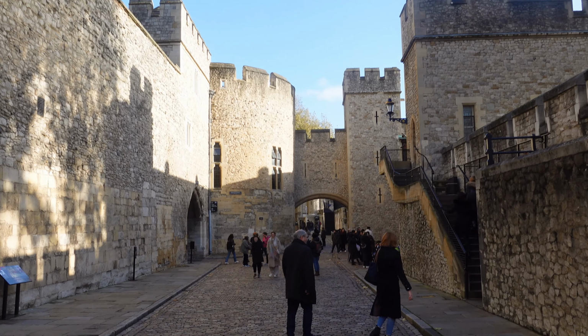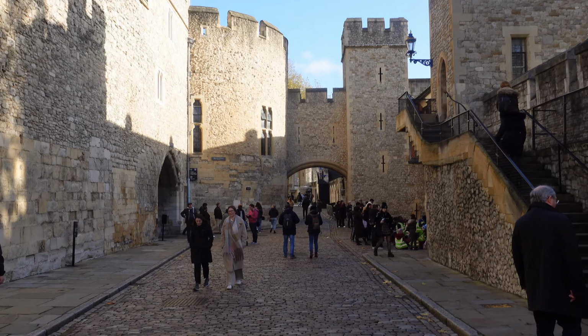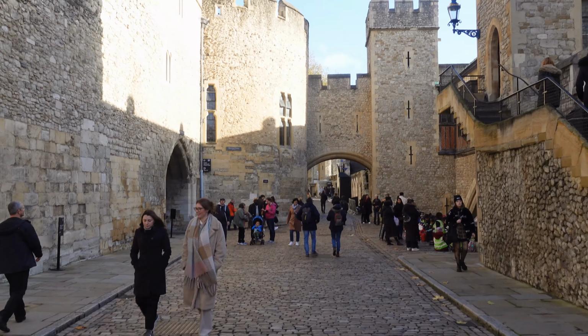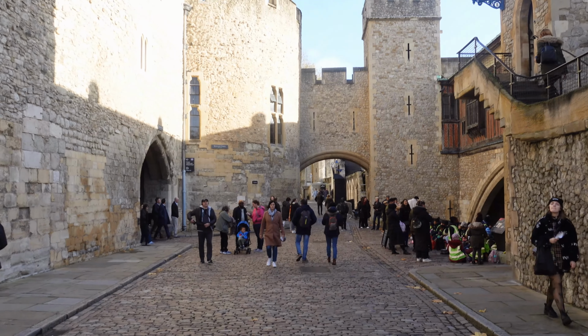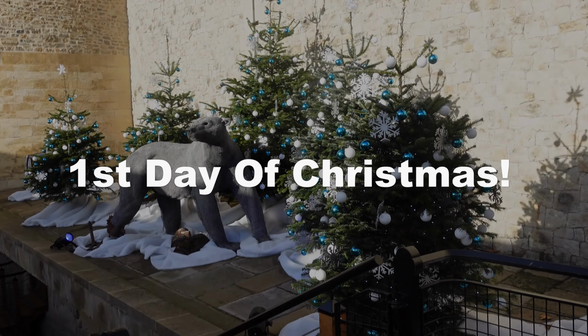And also the great thing is, whilst you're in here you can walk around the Tower of London, you can walk around the battlement at the top, and also just walk through the cobbled streets and think as they were back in the 1500s. And finally, the 1st day of Christmas, the Tower shared with me a polar bear swimming